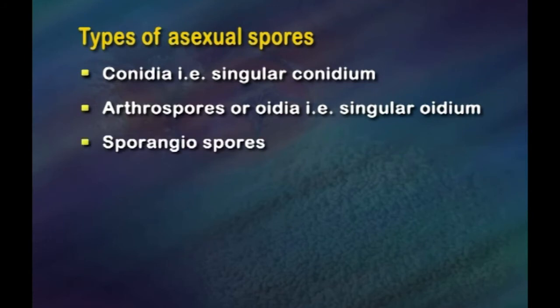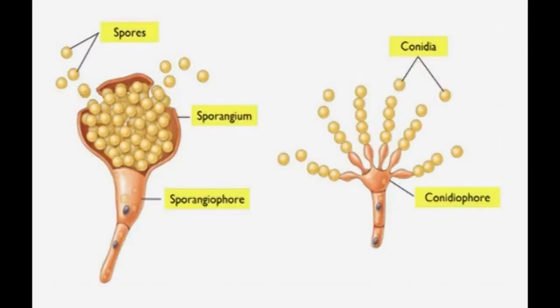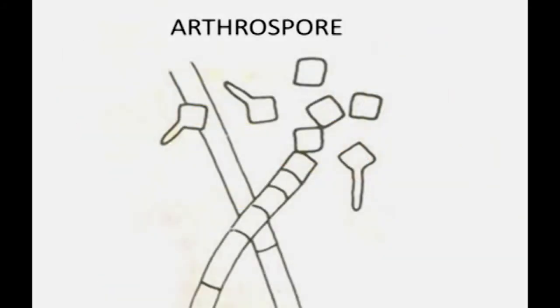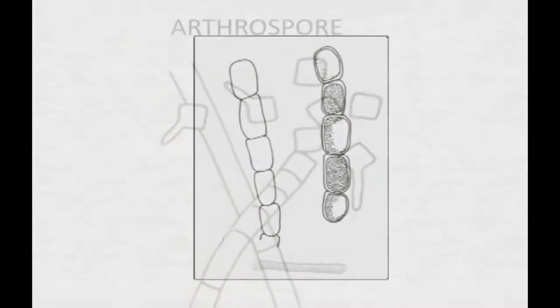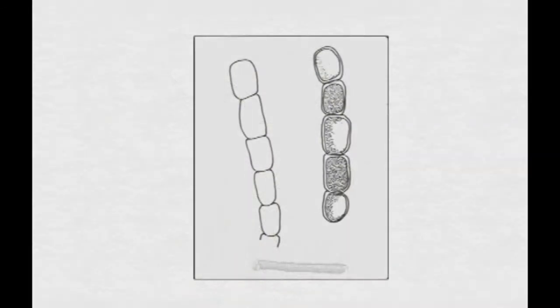Conidia are cut off or bud from special fertile hyphae called conidiophores and usually are in the open, that is not enclosed in any container, in contrast to the sporangiospores, which are in a sporangium, that is plural sporangia, or sac at the tip of a fertile hypha, the sporangiophore. Arthrospores are formed by fragmentation of a hypha so that the cells of the hypha become arthrospores.